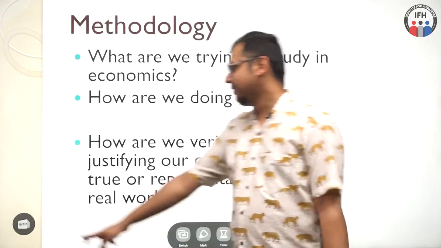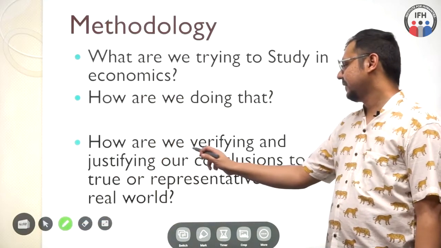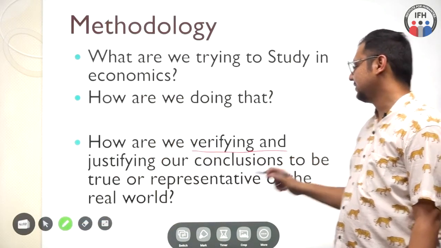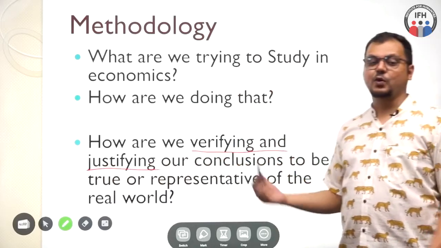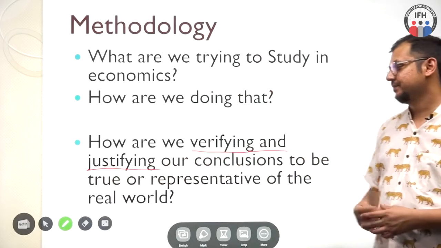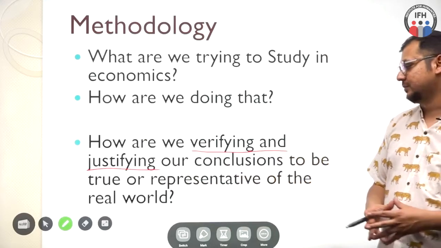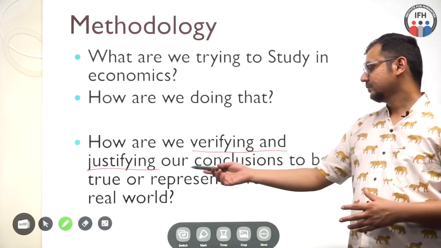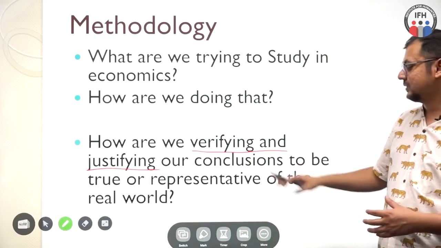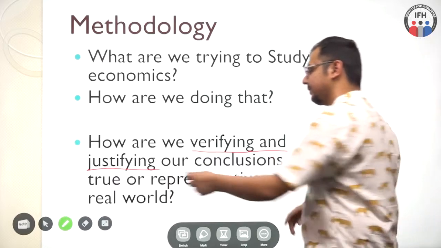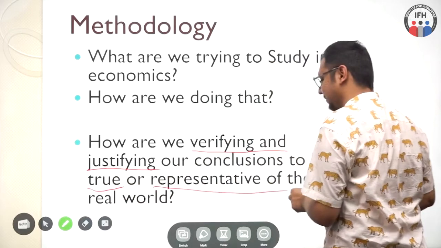Now, these are all some heavy words, but try to think about what they may mean, right? How are we verifying and justifying? Obviously, when I say verifying, I'm talking about an empirical conclusion possibly, and when I say justifying, I'm talking about a normative conclusion possibly. We had these problems: are conclusions true or representative of the real world,